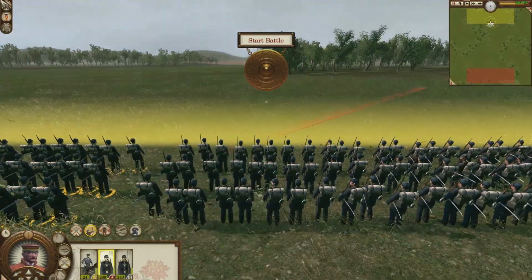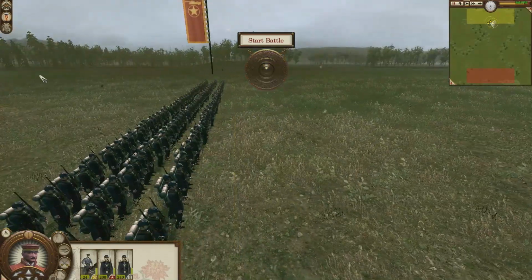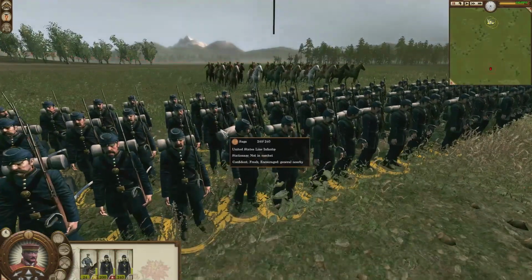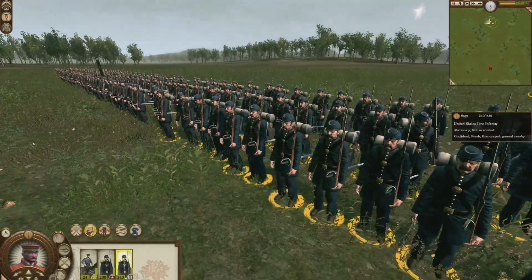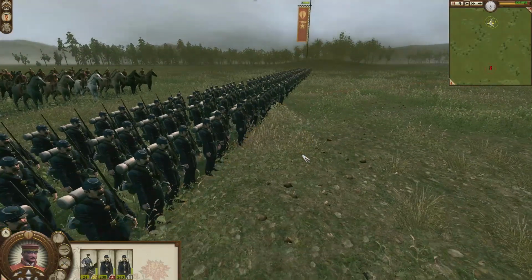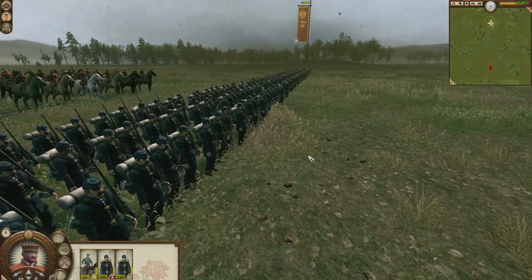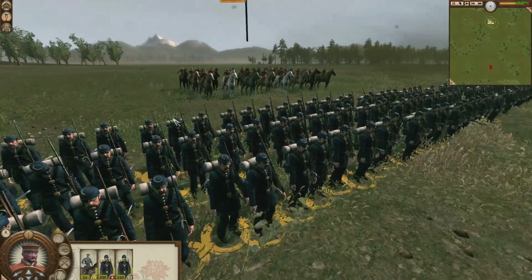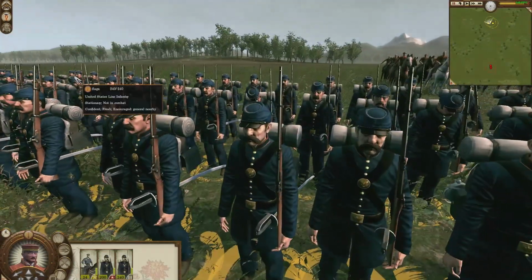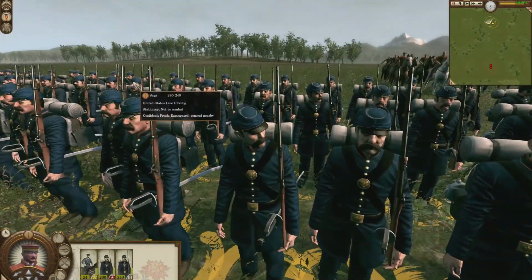So we are here, and as you can see, these are the United States Marines. We are going to start the battle because we are attacking. And as you can see, it is now using the custom colors that we actually used for the United States Marines. But as I said, with a color picker or typing in your own color, you can just do it yourself. So if you say, I don't want that blue color, I want it maybe lighter blue or whatsoever, then you just go to